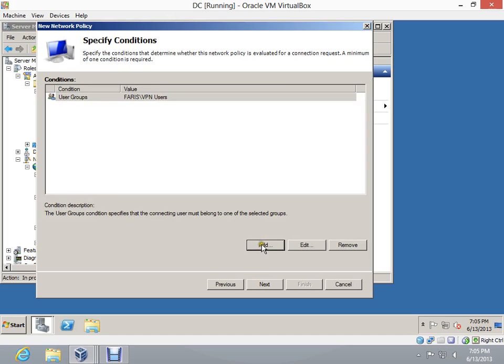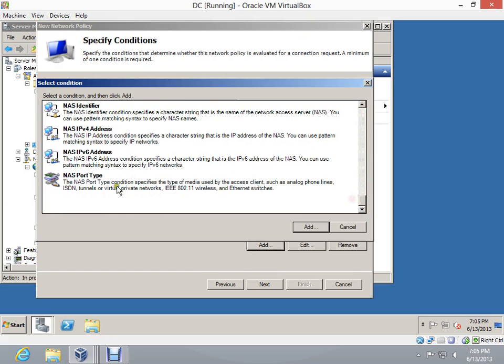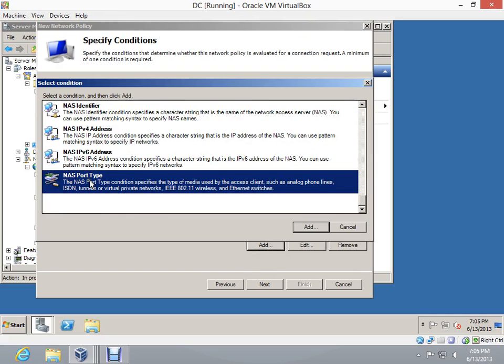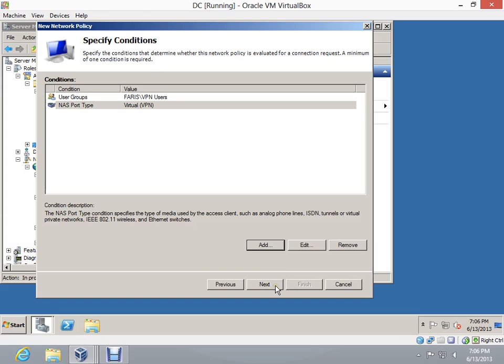Now the next condition we're going to add, I want you to click add and scroll all the way to the bottom and we're going to go to NAS port type. And we're going to say it is a VPN server. The bottom is already checked from our first screen. Click OK. Then we don't